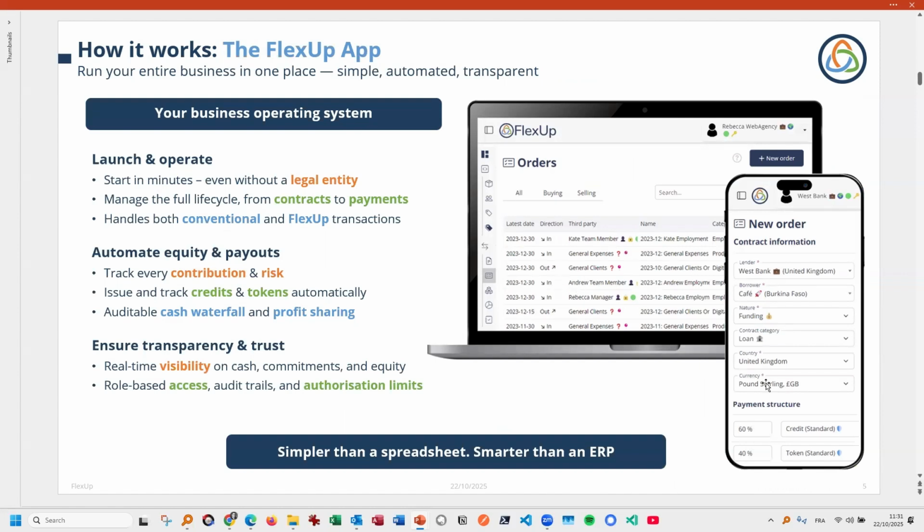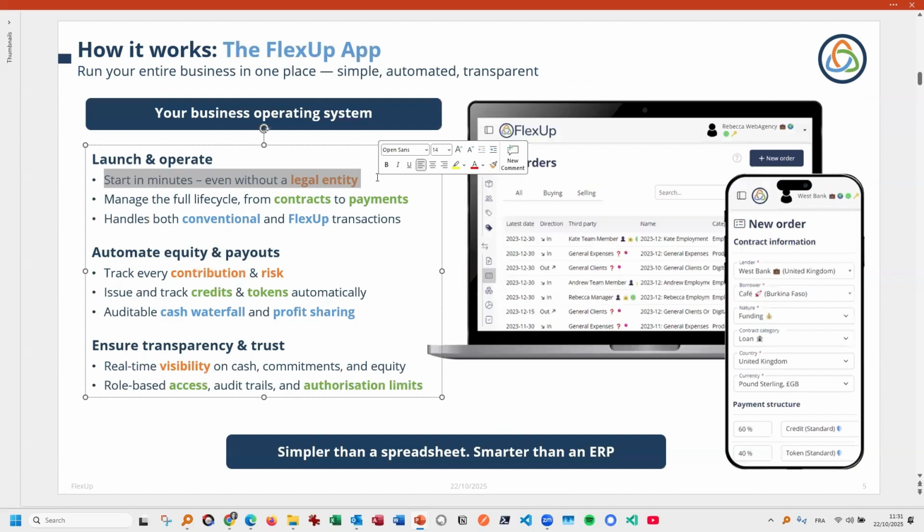So what's going to be unique about our app is that you can start a project in a few minutes, even if you don't have a legal entity. So if we want to work together, we just open the app, we agree on our respective remuneration, and we can start working together. And then maybe 6 months later, when we see that this side project is becoming serious and we're starting to make money, then you can register a legal entity and pay your taxes and do everything properly.